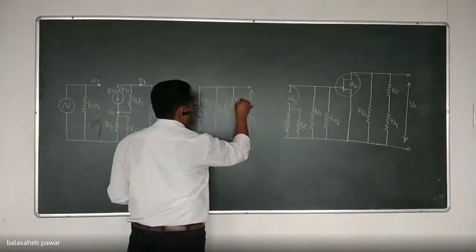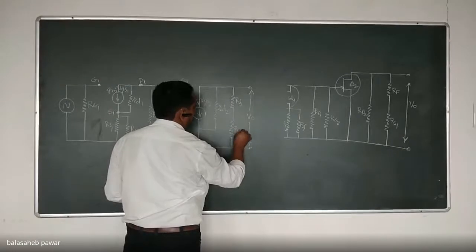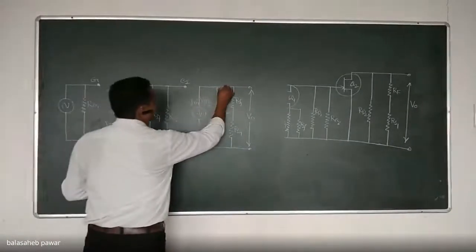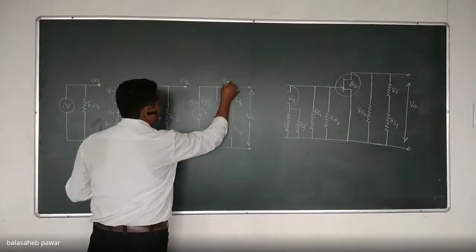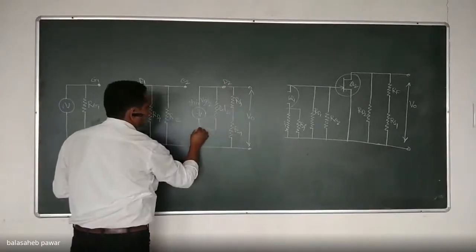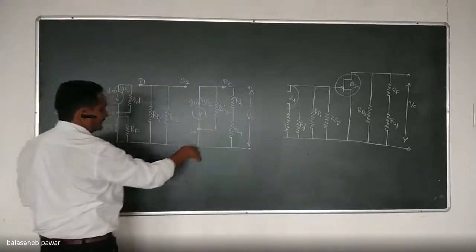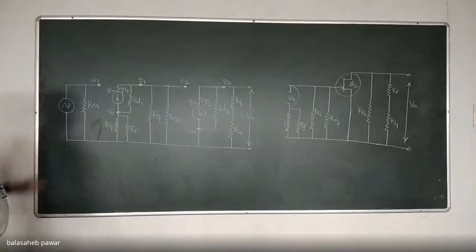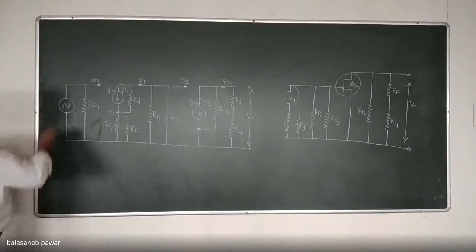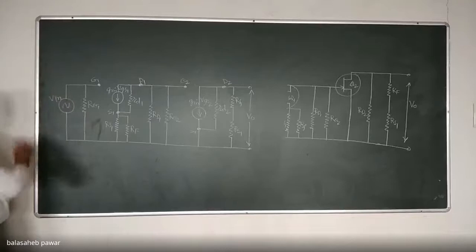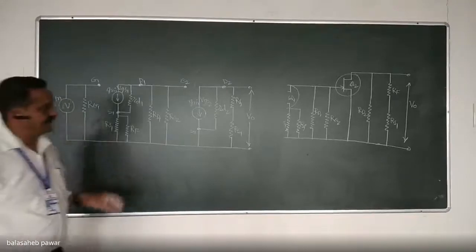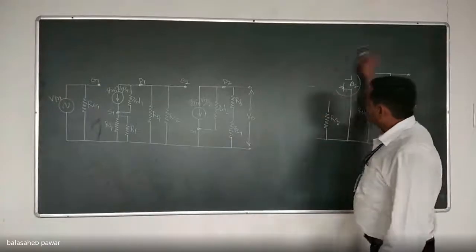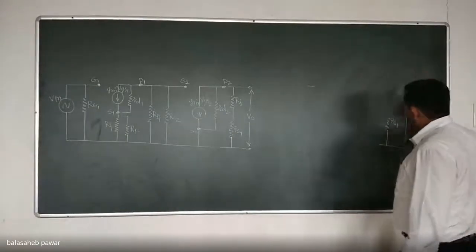This is nothing but again RF. This one is RS1. This terminal is the drain of the second transistor, that is D2, and this one is the source terminal of the second transistor, which is directly grounded due to the bypass. Is it okay? This is nothing but our Vin. So this is the final AC equivalent circuit for the given amplifier. Got it?